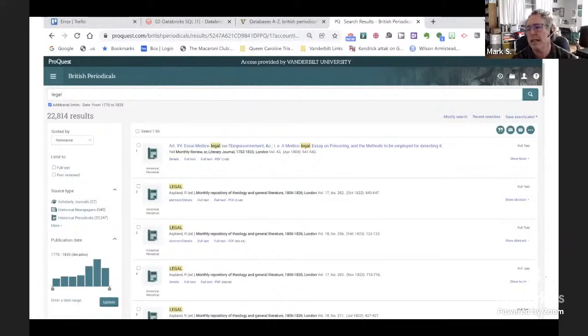British Periodicals is basically a database of about 3.4 million articles divided across about 400 journals that have been collected. If you look up "legal" in the time period I'm interested in, 1770 to 1835, you can see there are 20,000 plus journals that have the word legal, but it's very hard to tell from this which are the important ones, which are the ones that would be resonant with one another, and so forth. And that's where trying to use, not just reading,